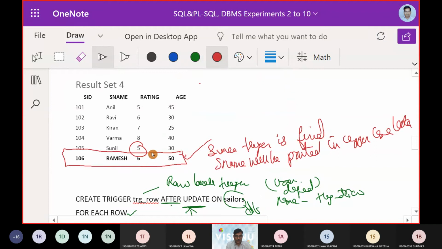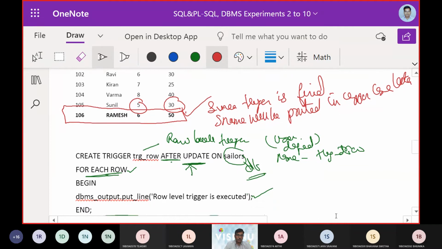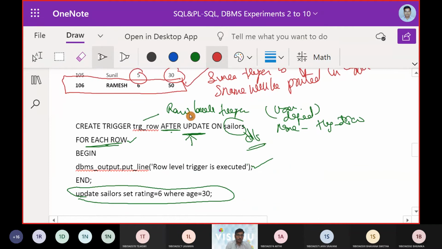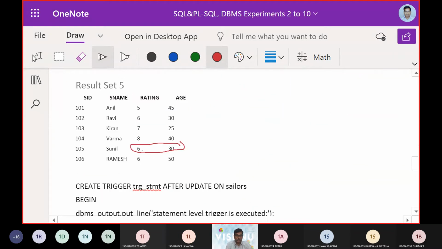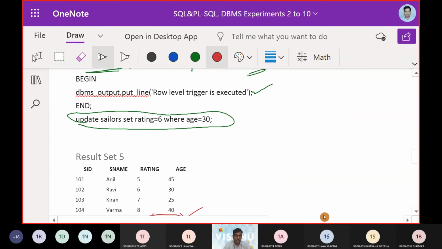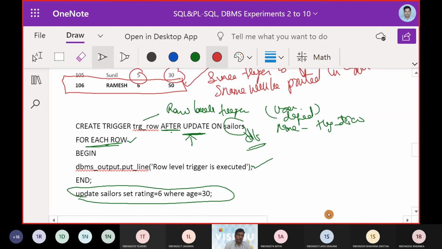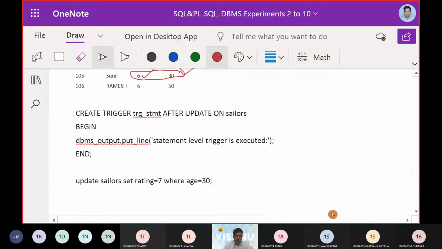Now you can see Sunil's record, age was 30, and rating was 5. Now the rating is 6 and the age is 30. Okay, so this is how we have taken forward the update operation over a row.